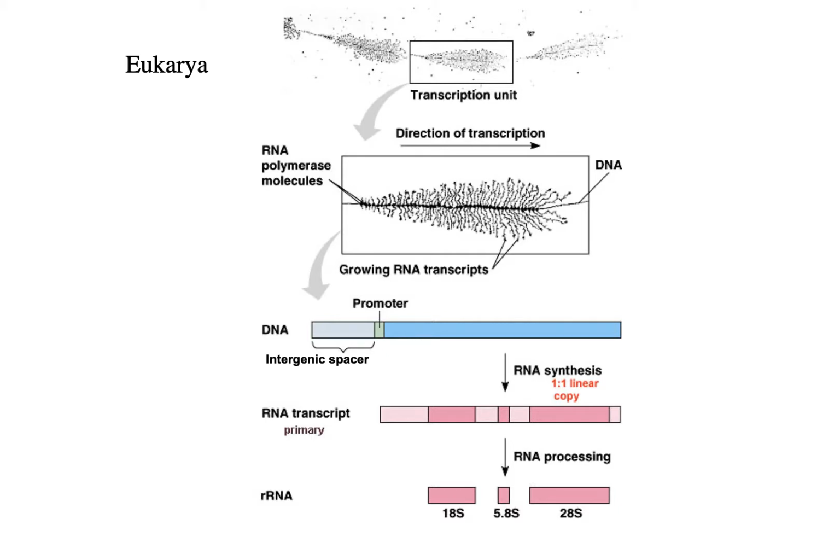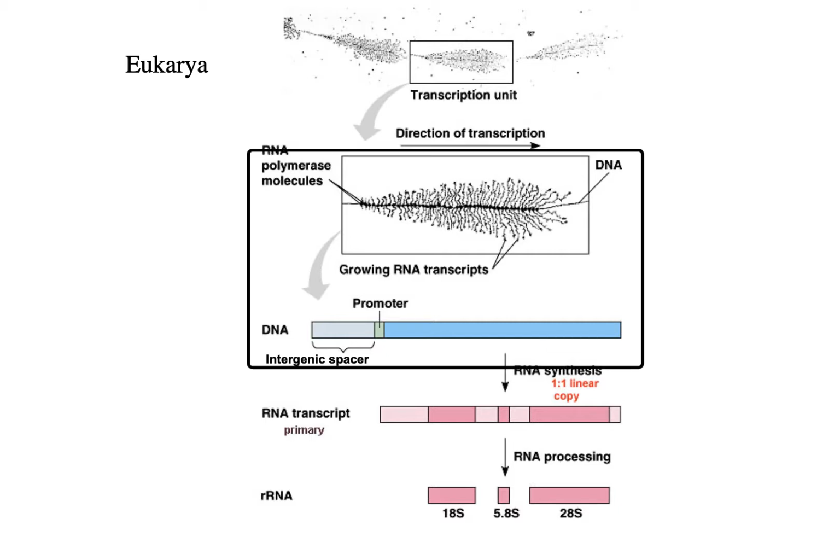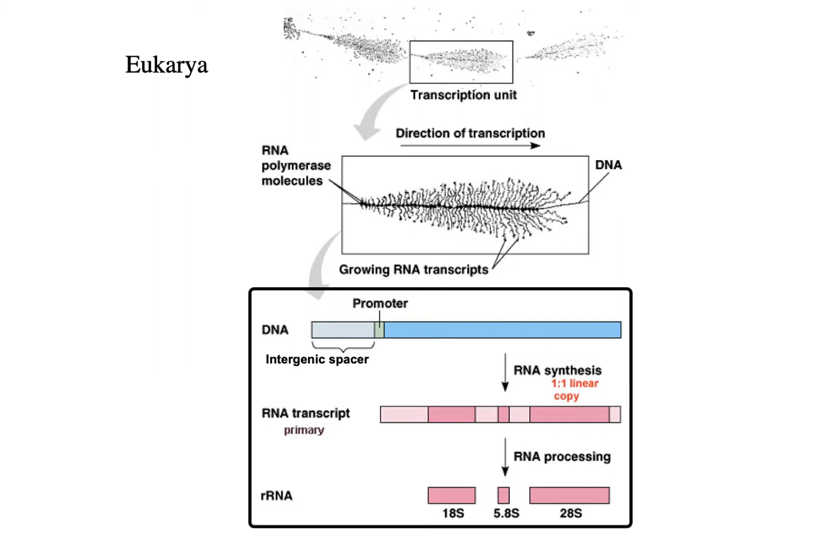And each one of those, as I've already explained, consists of an intergenic spacer between the 2 tandem copies, a promoter, and then the gene, which is transcribed as one long transcript